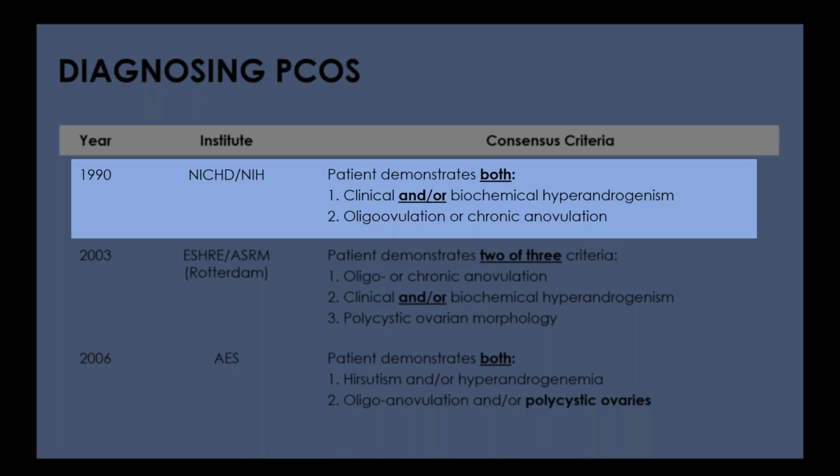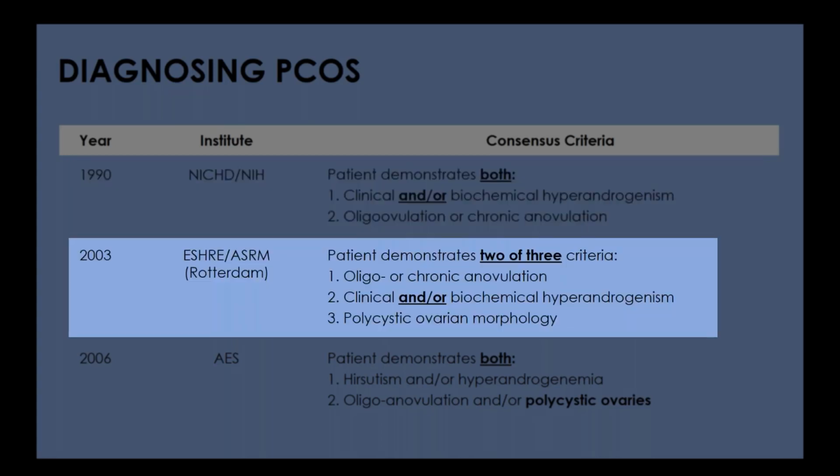So NIH criteria require presence of hyperandrogenism, either clinical or biochemical, plus presence of an ovulatory dysfunction, which manifests as menstrual dysfunction. So either infrequent irregular menses, oligomenorrhea, or even amenorrhea, which in an adolescent may even present as primary amenorrhea. So no menarche at all. This young kid may present with primary amenorrhea and then be diagnosed with polycystic ovary syndrome. So NIH, again, to underscore, criteria require both ovulatory dysfunction and/or menstrual dysfunction and androgen excess, either symptoms or